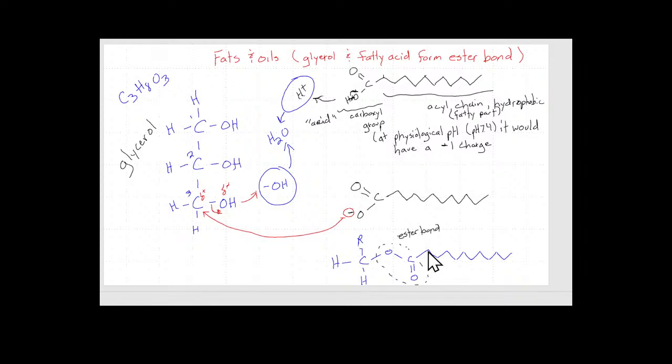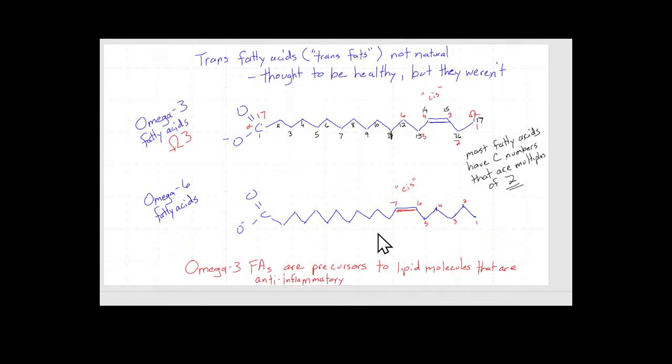That's the type of bond that you form. So a carbon with a double bonded oxygen, and then another oxygen which is connecting the 2 carbons together. That's an ester bond. I'm bringing that up because we're going to see it again in a second when we talk about waxes. But before we get to waxes and steroids, I just want to take a minute to talk